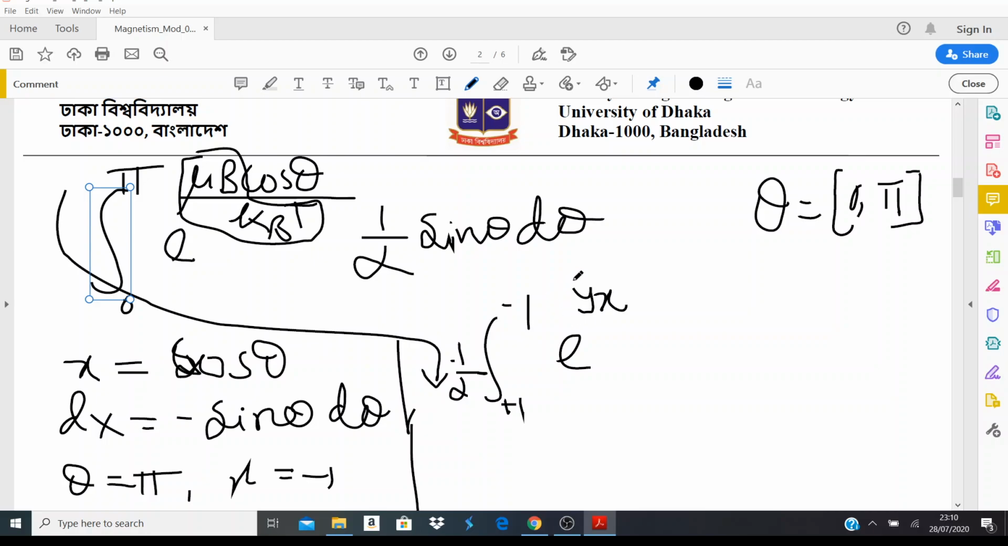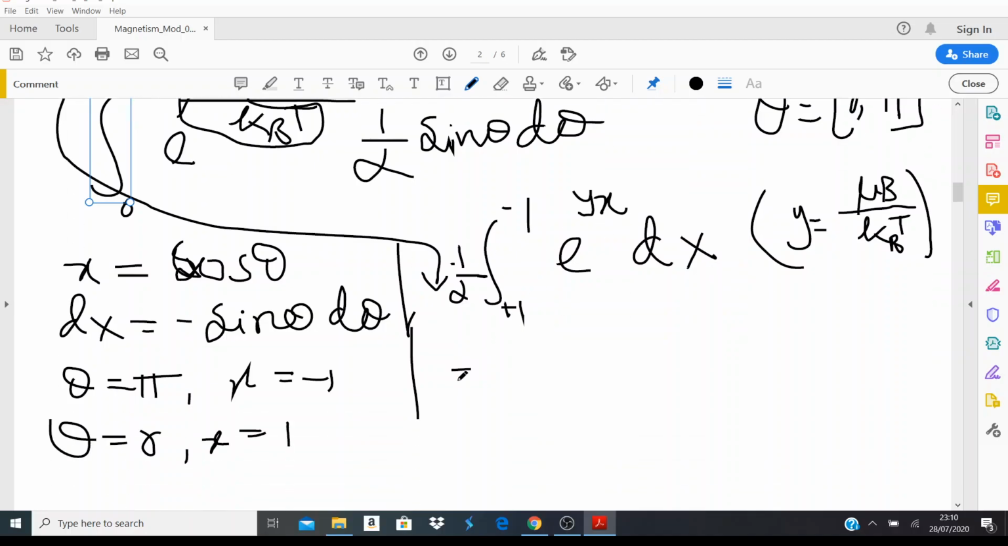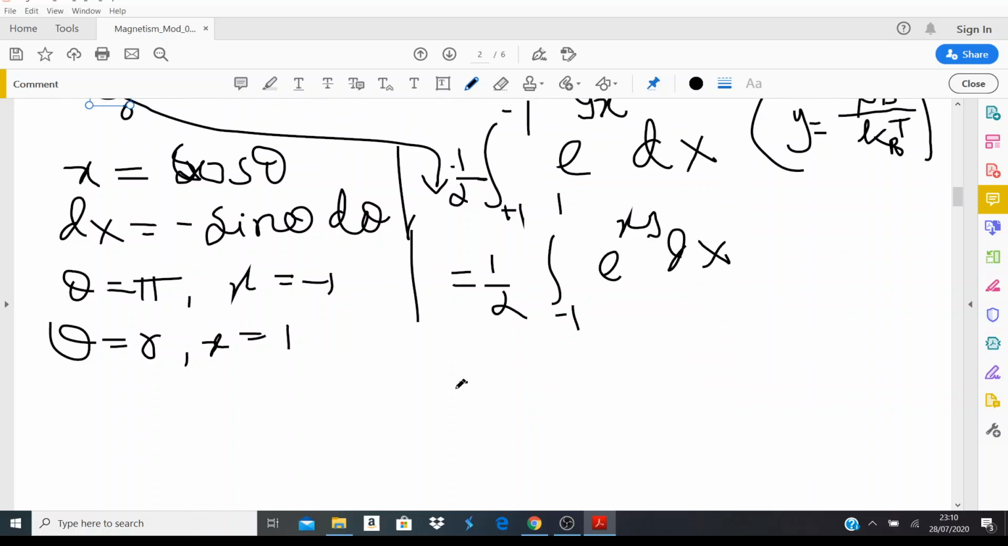It's nothing but some y which is not varying over x, and then sine theta d theta is just dx, right? So that's the integration we need to perform. So y is nothing but mu B divided by kBT. Okay, now how do you perform this integration? That's very easy. Let me change the limit first by eliminating this minus sign. So now it's -1 to +1, that's e to the power xy dx, and